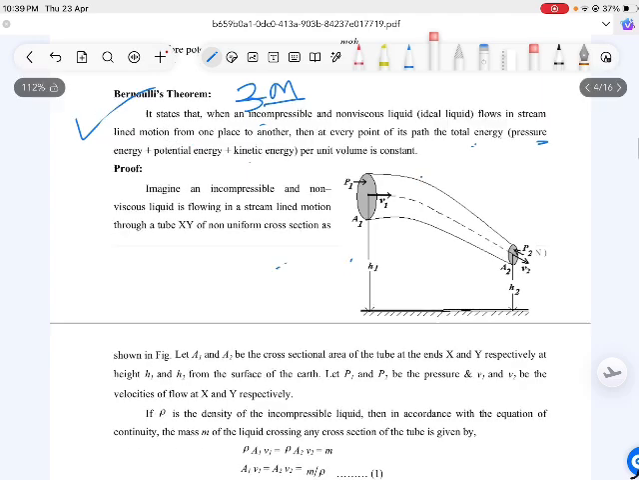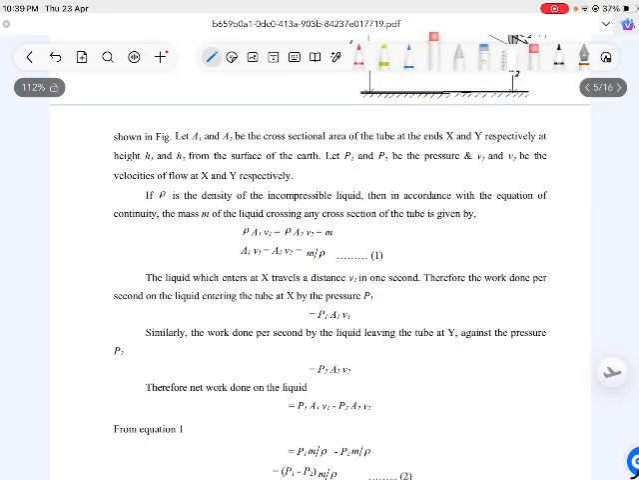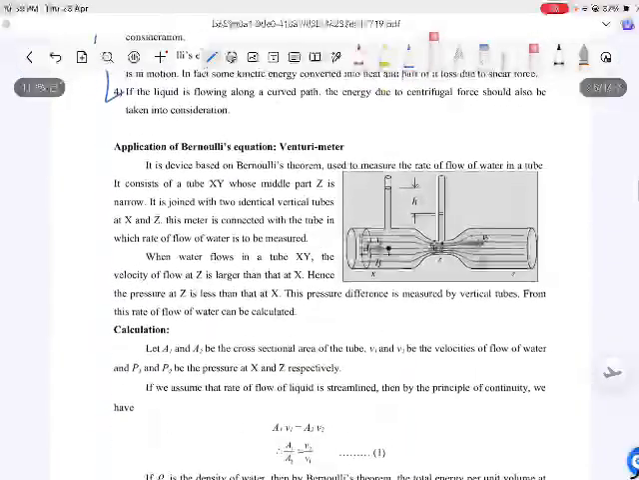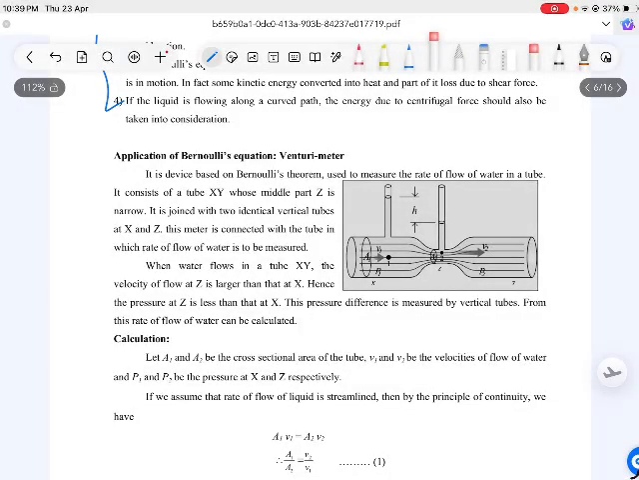This principle has a number of applications and you can prove it in this way. The application of Bernoulli's principle is in the venturimeter. In the venturimeter it can be used similarly. We can use this Bernoulli's principle